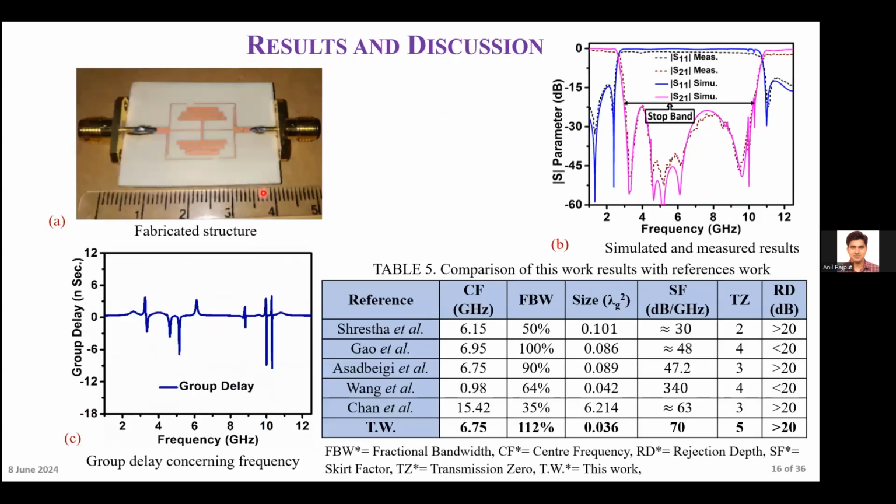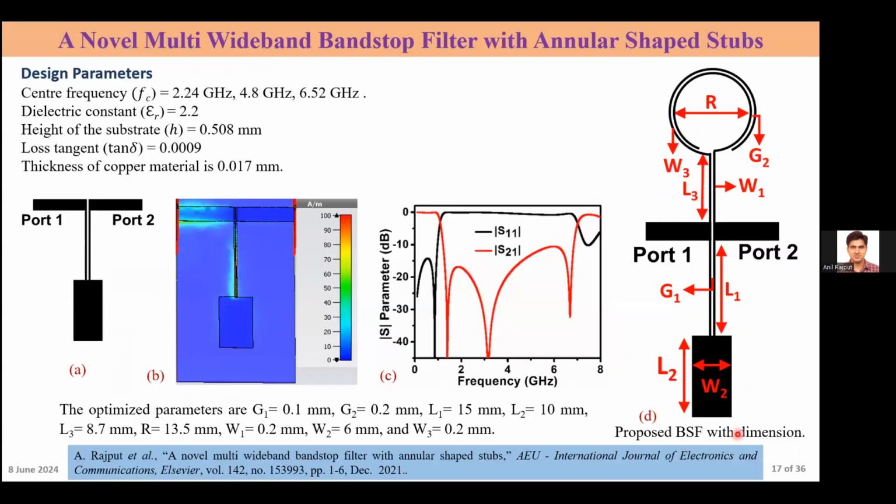It is fabricated and measured, and the measured and simulated results are in very good agreement. This ultra-wideband band stop filter offers 112% fractional bandwidth, and it has a cut factor of 70 dB per gigahertz, and it has 5 transmission zeros. And the second work is the